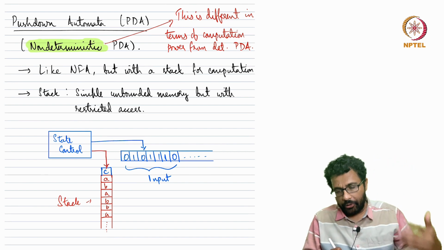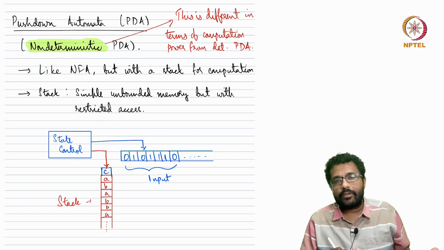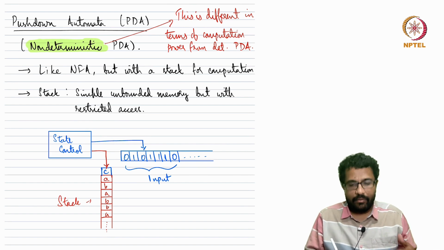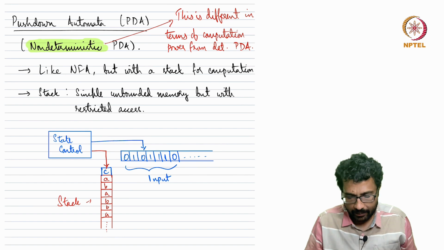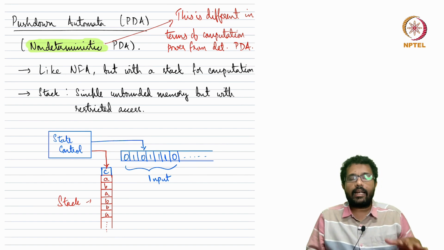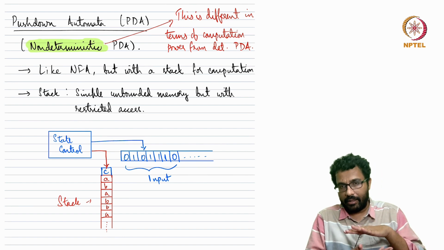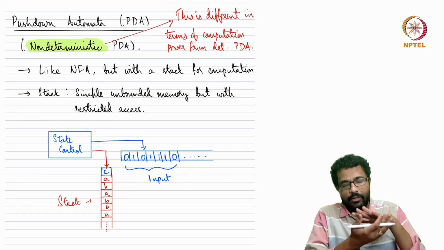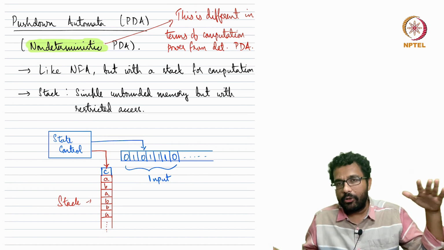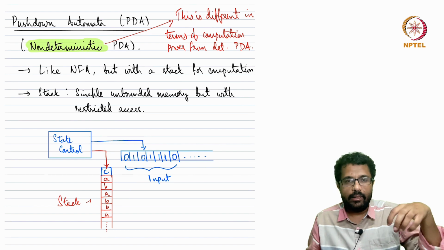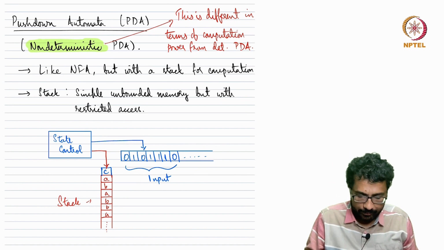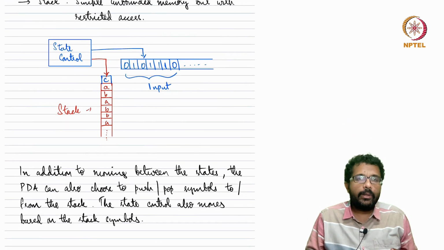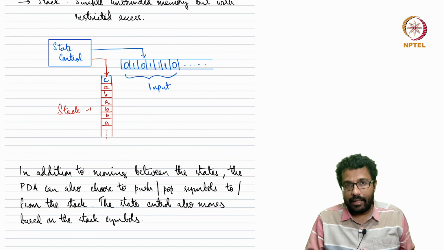And if you want to remove elements from the stack, you cannot remove from anywhere, you will have to remove from the top, right. So this is the stack, and the key thing is that the stack is not a fixed memory, right. So in theory, there is no limit to how many symbols you can push down the stack, right. So that is the stack, right. So it is going to be an NFA with a stack,